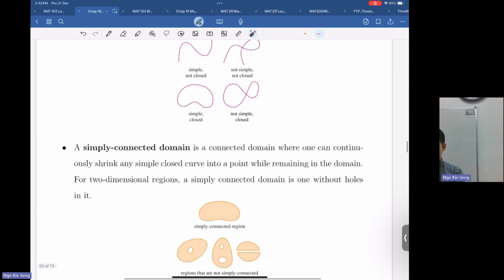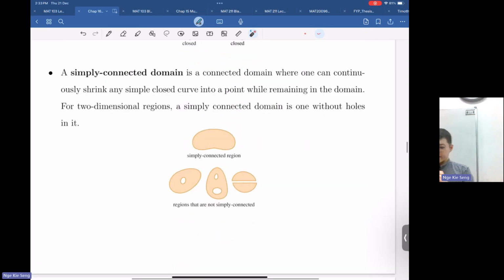Okay, next. Simply connected domain. So what is simply connected domain here? First of all, it is a connected domain. So recall what is connected domain. Any two points, I can join with a path. Okay, smooth curve. So what is a simply connected domain? It's a connected domain where one can continuously shrink any single closed curve into a point while remaining in